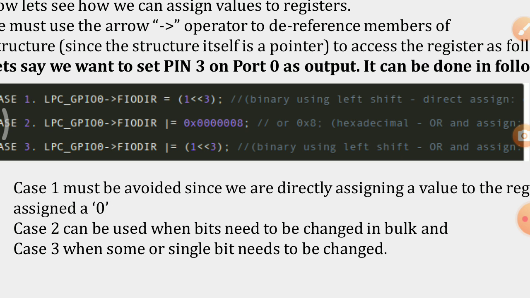But in case 3, LPC_GPIO0 FIODIR OR equal to 1 shifted 3 times, that is, the third bit is going to be 1 directly. So when a single bit needs to be changed, we can go for case 3.